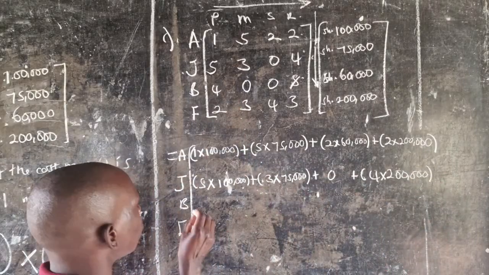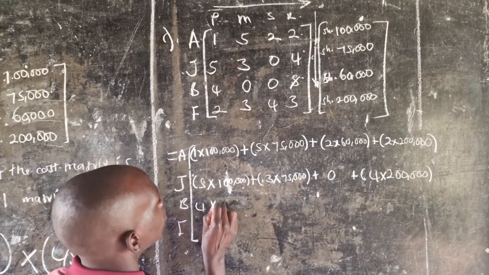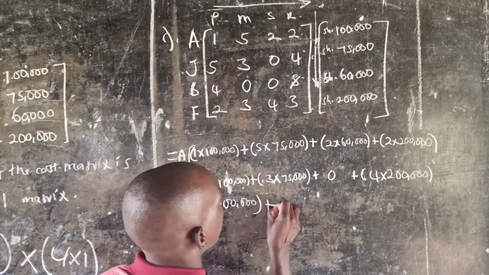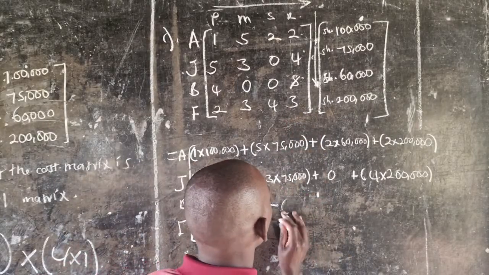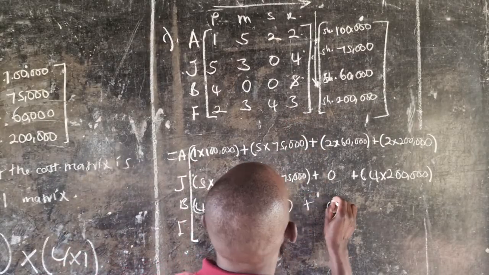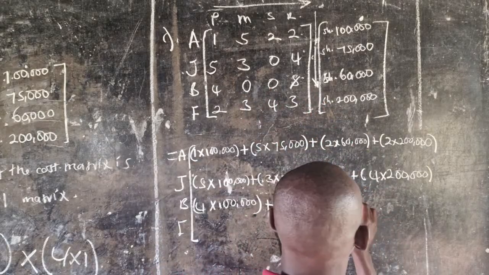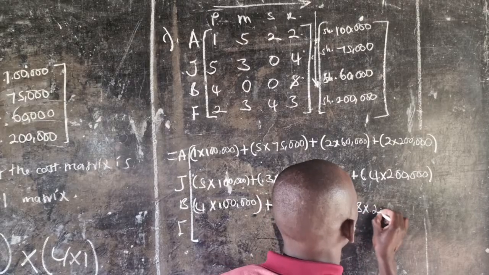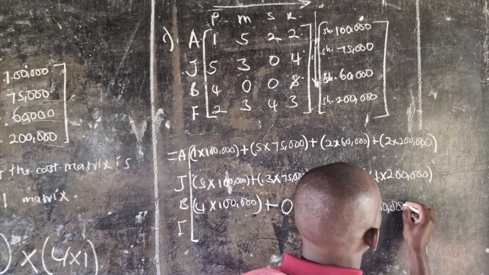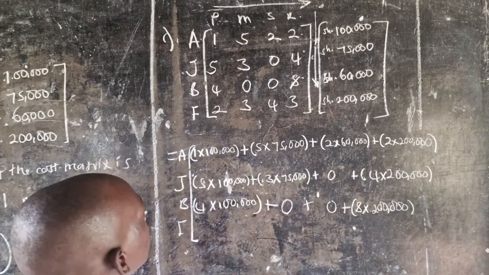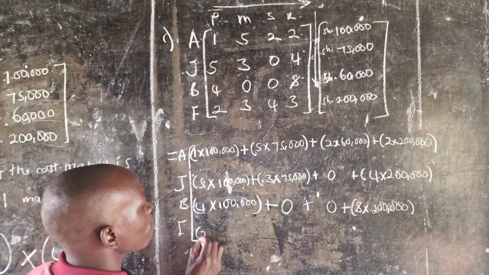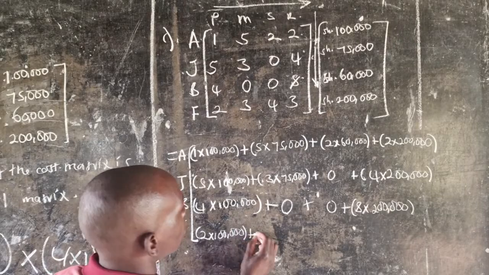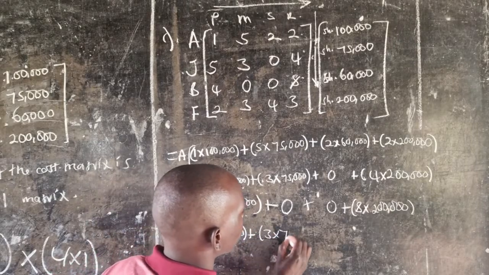Then when we go to Betty, for her, she has 4 times 100,000, then plus 0, plus another 0. Of course, 0 multiplied by anything, we shall still get a 0. So plus 8 times 200,000, like that. Then finally, we shall have Francis having a 2 times 100,000, then plus a 3 times